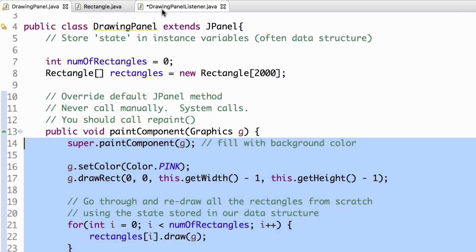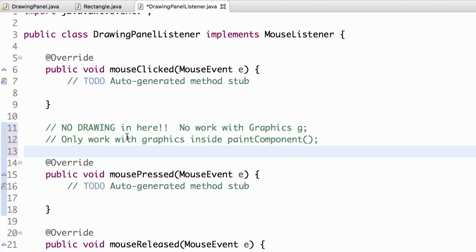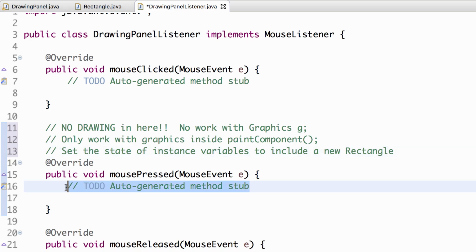We want it to be a little more interesting, so we don't do any drawing. All the drawing is inside there. All we want to do is set the state of the instance variables to include a new rectangle. We want to set the state. So here is where I'm going to put a new rectangle, right? So I would do something like, okay,